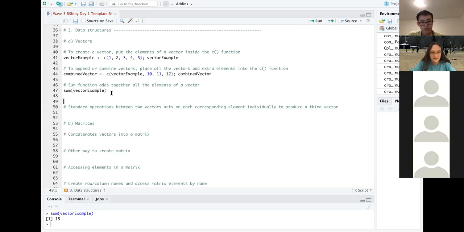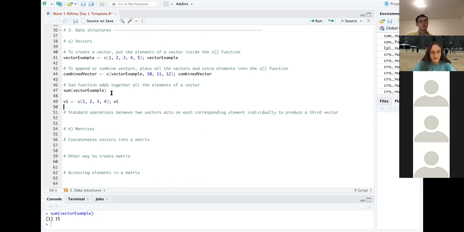Now, for fun, we can create 2 more vectors, and I'm going to demonstrate some other operations on these vectors. So let's say v1 is 1, 2, 3, 4, and v2 is 6, 7, 8, 9. So we're going to run these. As we can see, it just printed those vectors right there. And by the way, it's good practice, if you want to see what's going on in your code, to take a variable and, on the same line, just print it out. It doesn't hurt, and it's easier to catch bugs and see what's wrong, if anything, with your code.